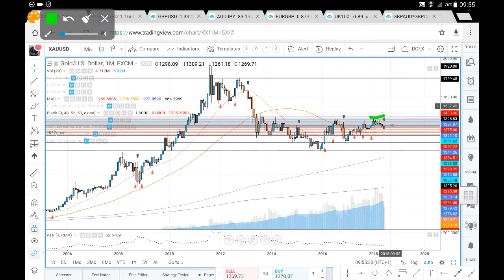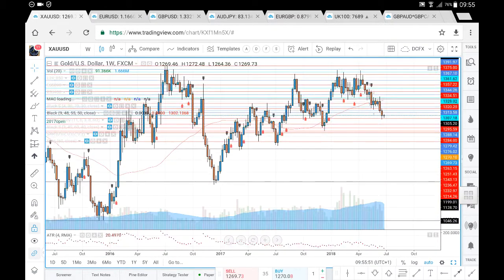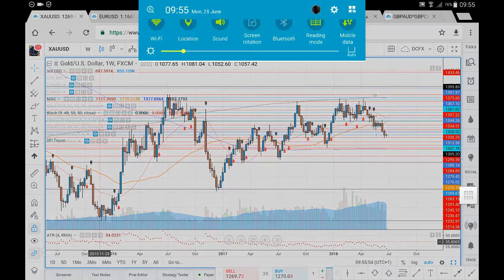and we've seen these wicks to the upside, and we have seen candles closing closer to their lows here on the XAUUSD. So there remains a possibility of seeing a further retracement here to the downside on the XAUUSD. Now, let's just have a look here at the weekly chart. And as we can see here on this weekly chart,